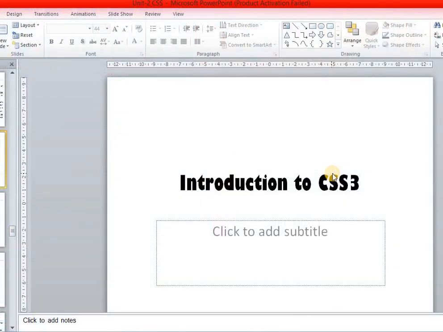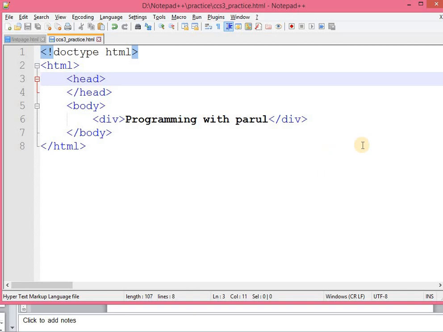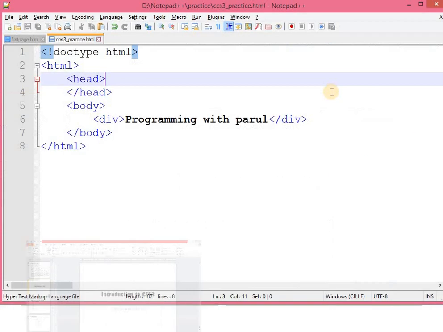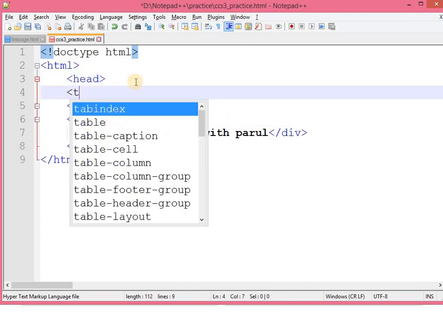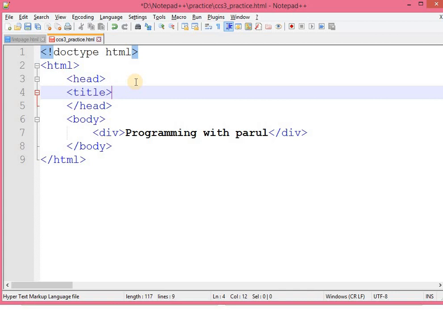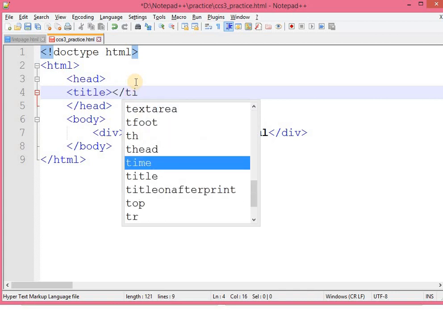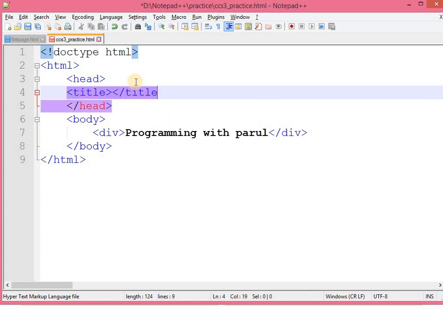Okay, so this is how it works. Now let me show you with a practical approach. Now over here this is our head section where I want to apply the title as CSS animation.